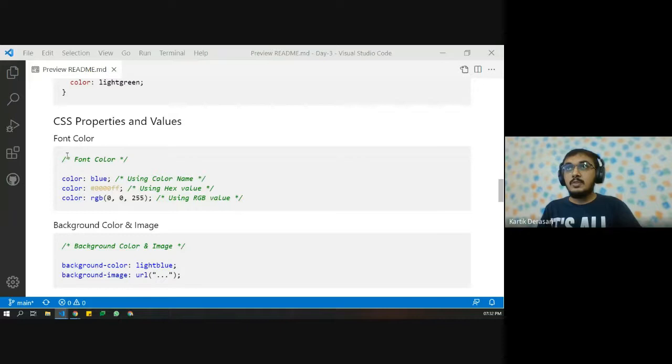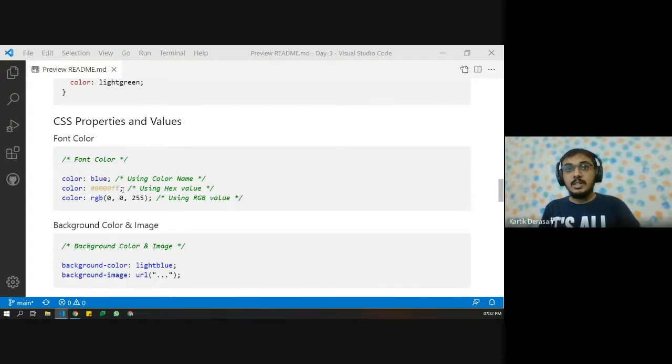Okay. So for an example, if I want to color the font, you can compare this with a word processor. Okay, most of these things will be related to word processor styling and all those kind of styling. So for an example, if you want to change the color of font, then we simply can write color colon blue. Okay, so all these are generally all the inbuilt colors, so you can directly use the color name, or else you can also use the hex value.